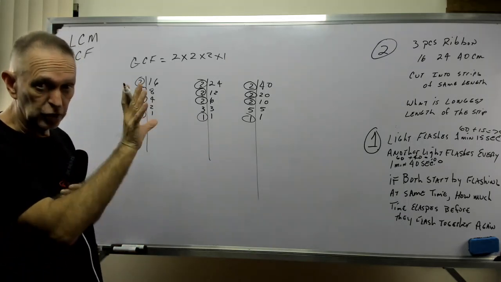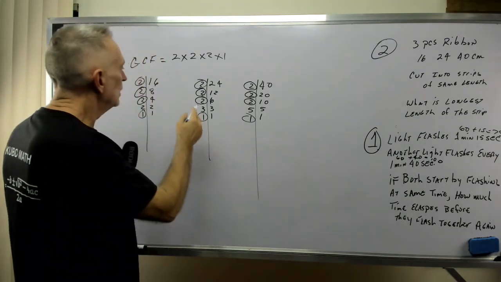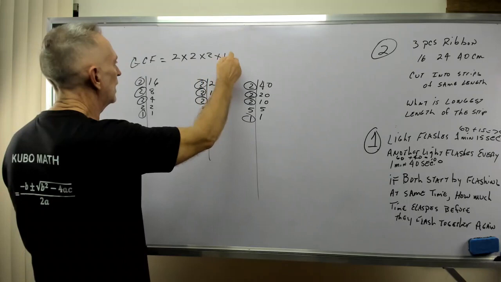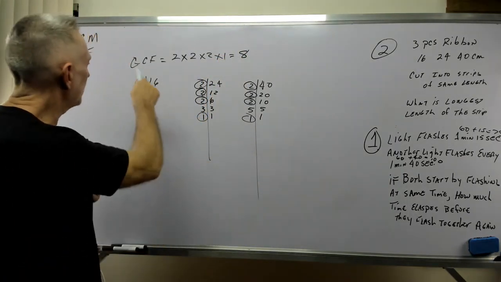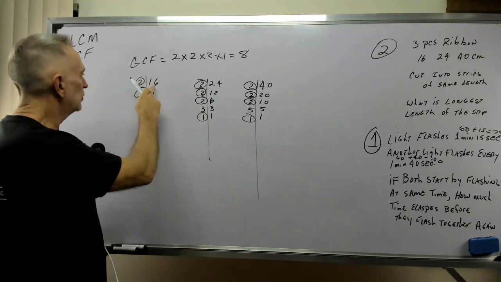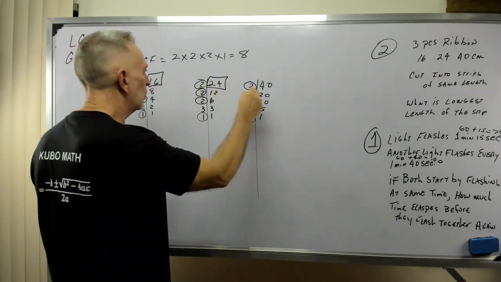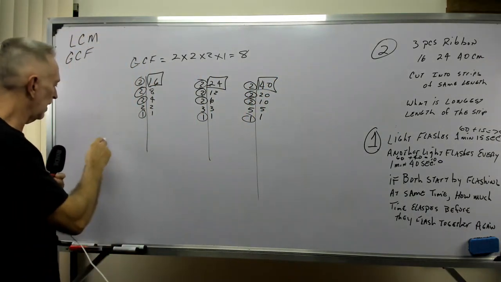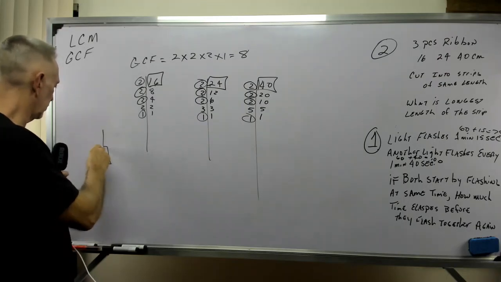You know, if I had 2 prime numbers. So, all right, now 2 times 2 is 4, times 2 is 8, 8 times 1 is 8. The greatest common factor between 16 and 24 and 40 is 8. So what does that mean? I have that ribbon that's 8. It's saying I can cut that into 2